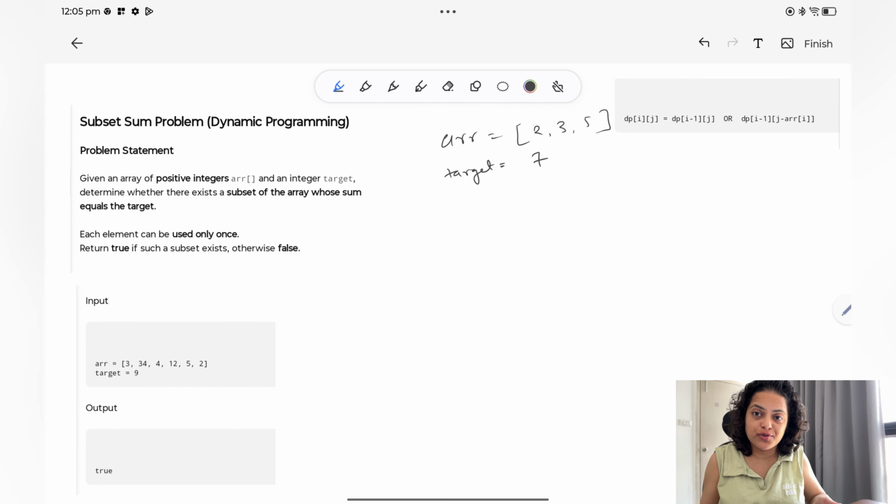Hey guys, let's discuss a new problem from dynamic programming, which is called the subset sum problem. In the subset sum problem, you would be given one array of positive integers and one target value. Now you need to tell us in Boolean format, true or false, whether a subset exists for that target